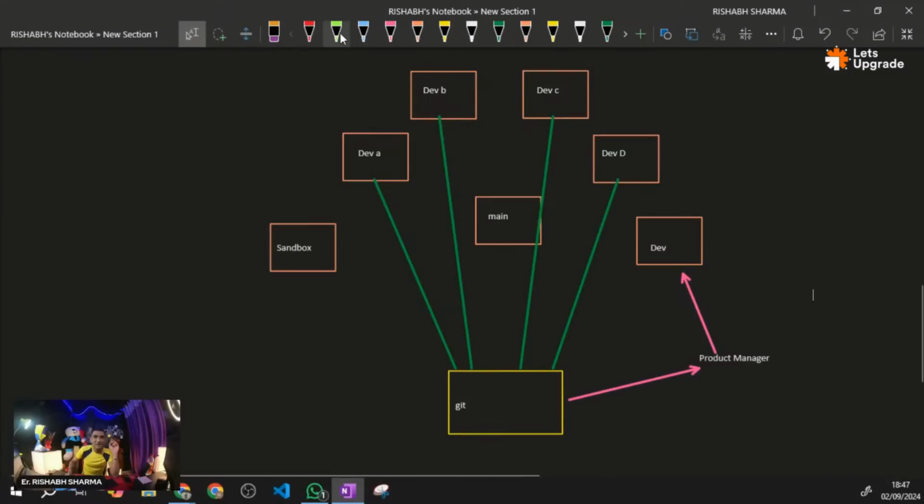In fact, developer A can push its code to developer B, developer C can push to developer C. ये आपस में एक दूसरे की ब्रांच पे अगर कोड पुश कर दें, then what will happen? Suppose instead of putting it on the centralized repository, मैंने क्या किया? मैंने अपना कोड डायरेक्टली B ब्रांच पे फेंक दिया.